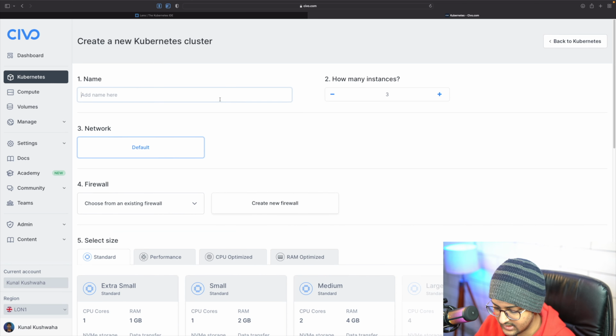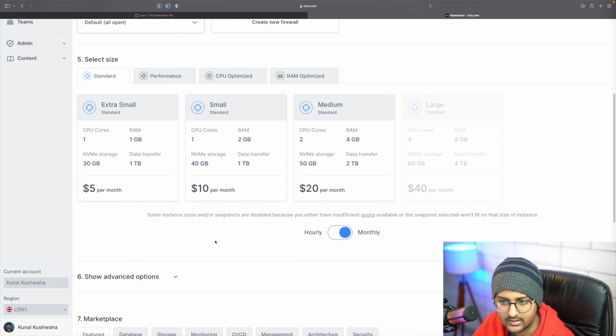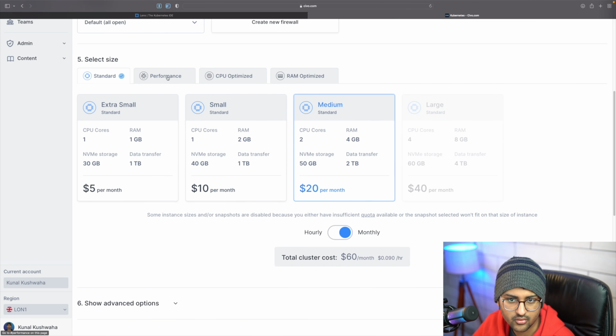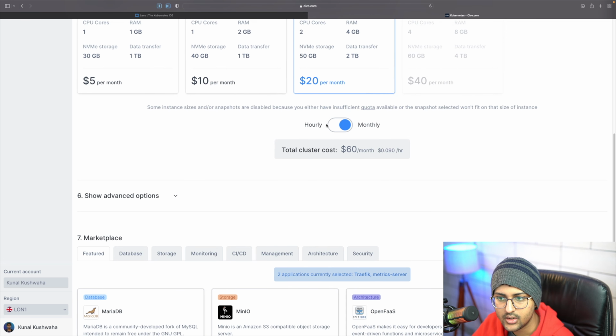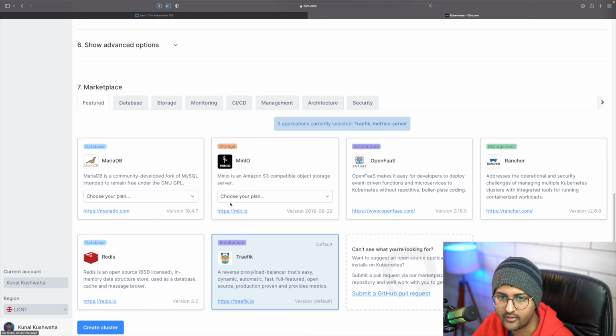Okay, something like Kunal demo. Okay, Kunal demo. 3 instances, default. Let's say I choose the medium one. You can choose performance, CPU optimized, RAM optimized. So many categories are available now. Okay, you can see the transparent pricing as well, and some advanced options are available over here. Okay, so CNI you can select. I'm going to leave it as the default, Flannel,